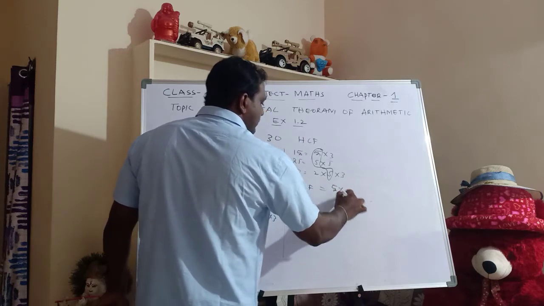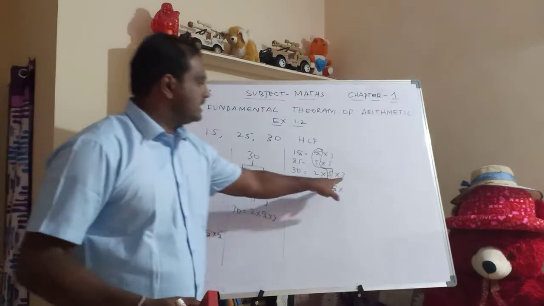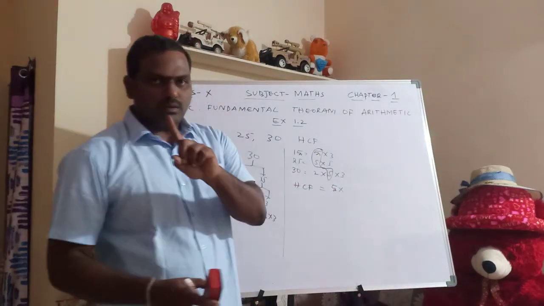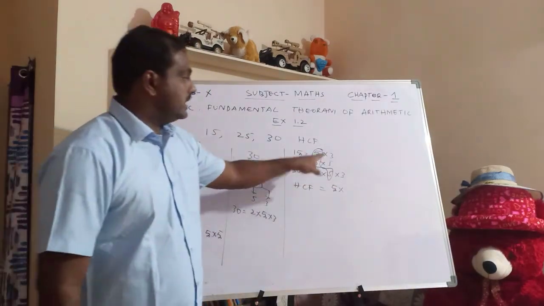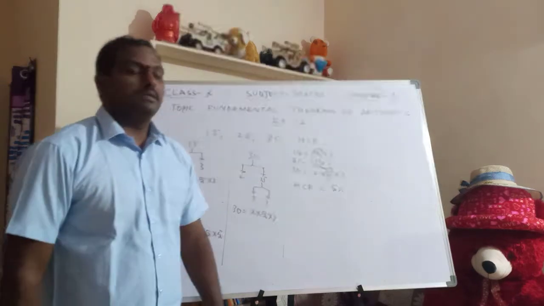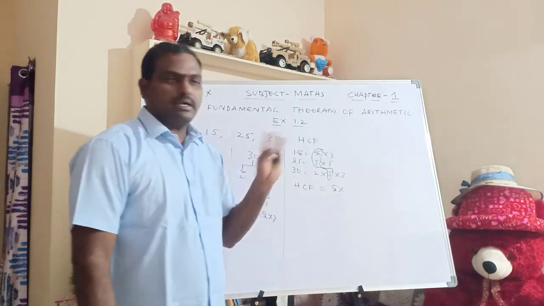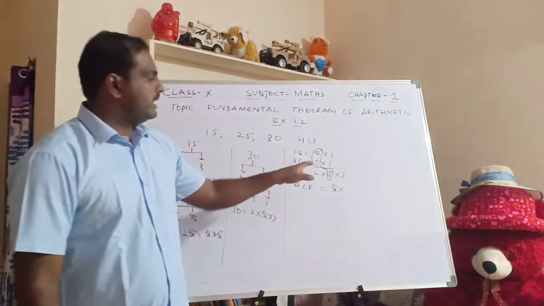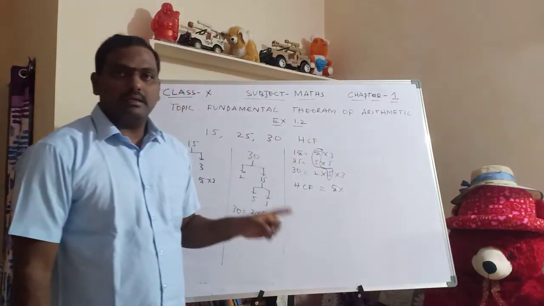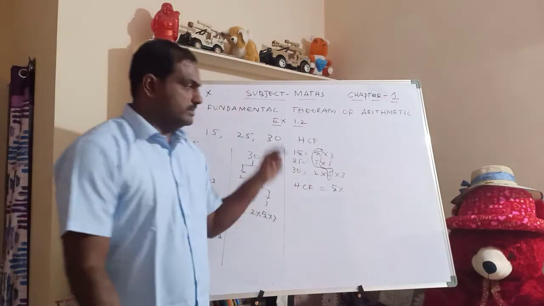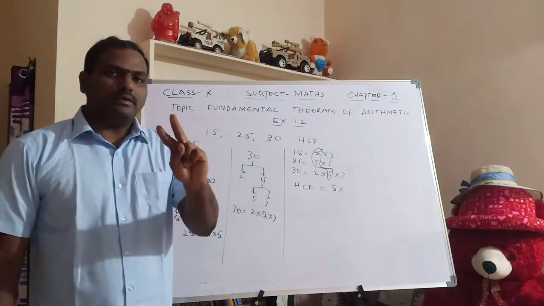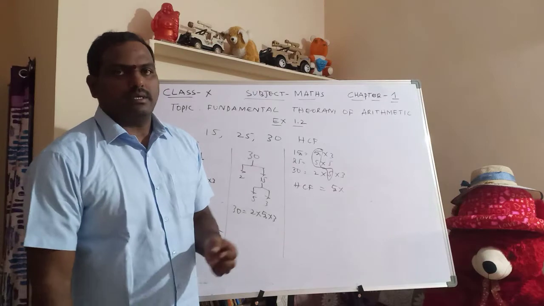Now look at this, is any other number there? You can answer, 3 is here, 3 is here. Can I write it? No, you should not write. That number must be in all 3 numbers. So we should not write these 3s also. We have to write only the number which is common in all 3 numbers, because 3 numbers are given. If 2 numbers are given, we have to check the common number in the 2 numbers.